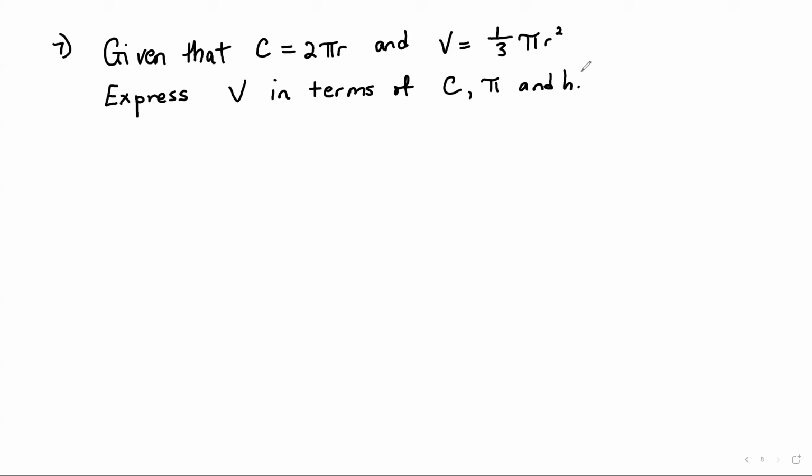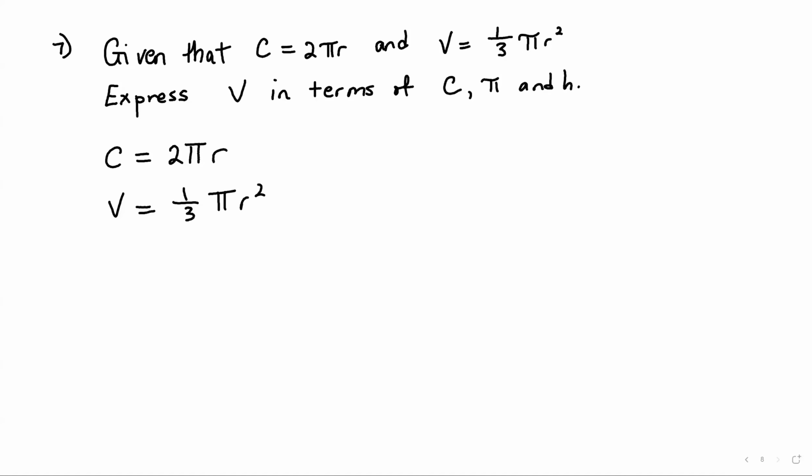All right, so what we need to do here, guys, is look at the fact that both equations, C is equal to 2 pi r and V is equal to 1/3 pi r squared,